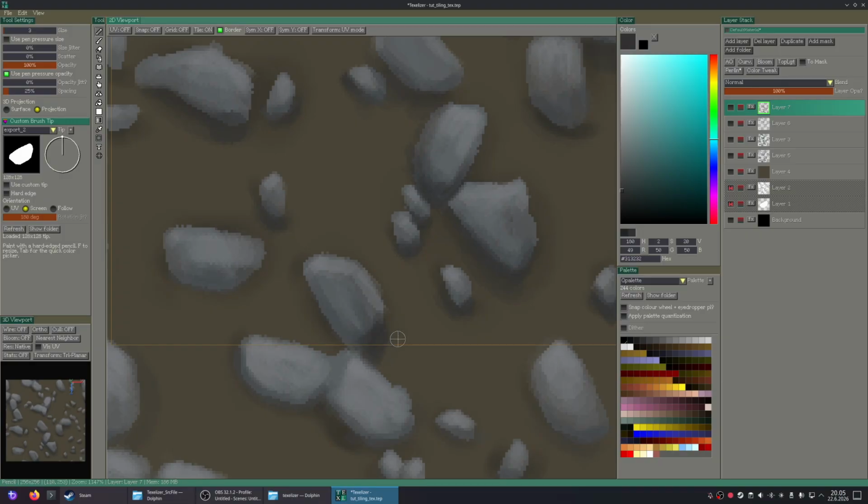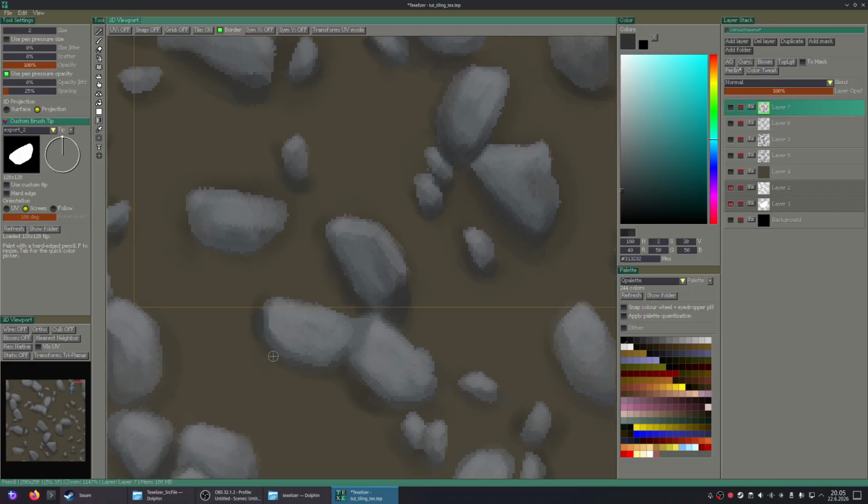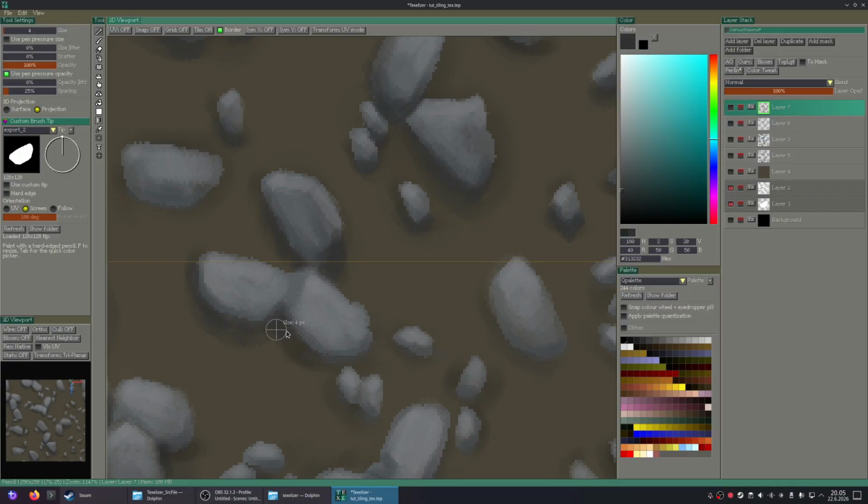Yeah, this is the power of the tiling. Just keep it on and paint, and everything will tile automatically. So that is a really nice feature for doing this kind of stuff. And it's right there. Activate it and deactivate it whenever you want.